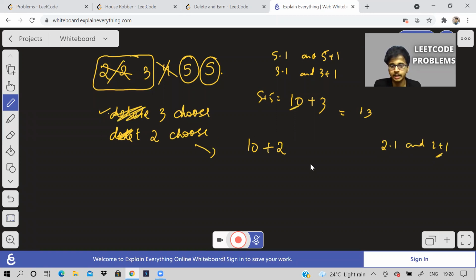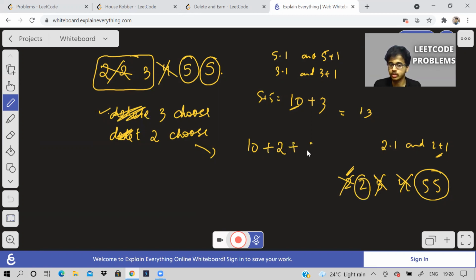So 3 I can't take. So if the array was this now, see, I'm talking about this condition. We have used both the 5's, the 4 is deleted. Now we are choosing this 2. We choose it, we delete it from the array. We have to delete 3 also. So gone. But I can choose another 2 now. So I'll choose another 2. So it will be 14.